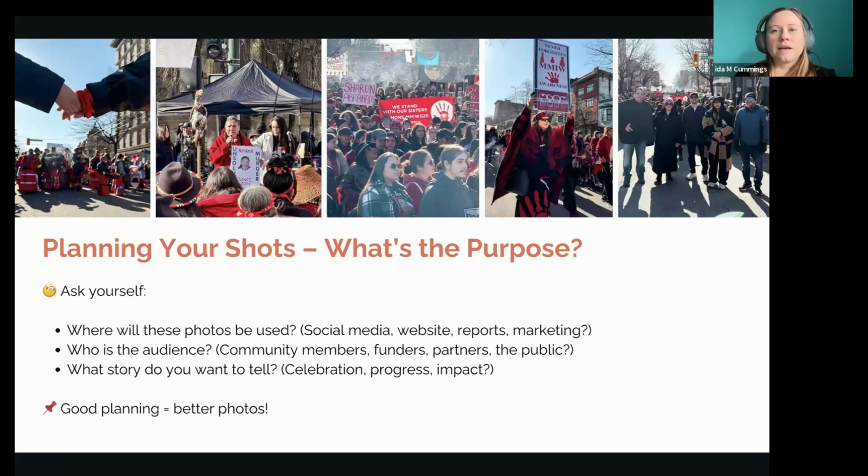So you can see the story above. You can see that people are speaking. You can see the hand holding as people are going into the march. You can see how many people are in the march. You can see the signs. You can see the group of people that I went with. And the last shot, the one with the group of people, that's the staff for NRT.